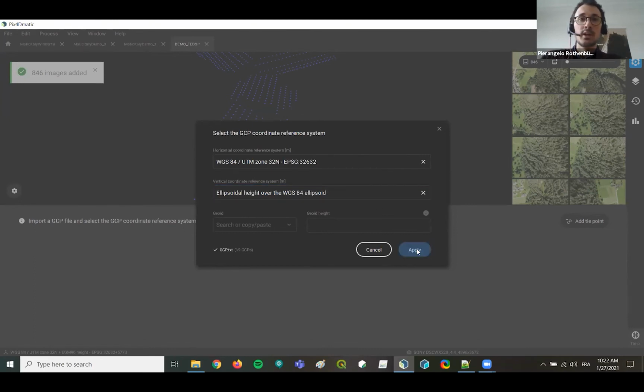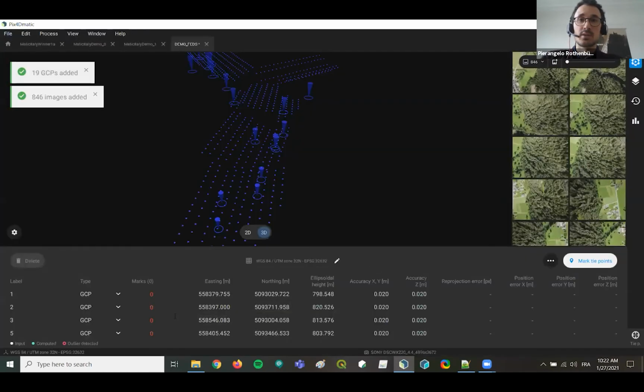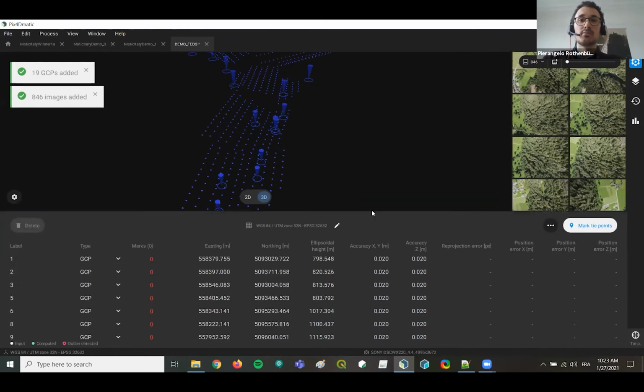Now I click apply, and you will see directly all the GCPs are loaded. You have a default accuracy of 2 centimeters that is displayed, and you can see all of them here. So this tie points table is really something new, but also really practical for when you will mark GCPs, because here at the right now there are no values in it, but once I go to marking, while I am marking, you will have a live error indication for the reprojection error and the position error in all axes. So this will really tell you how good the quality of your marking is,